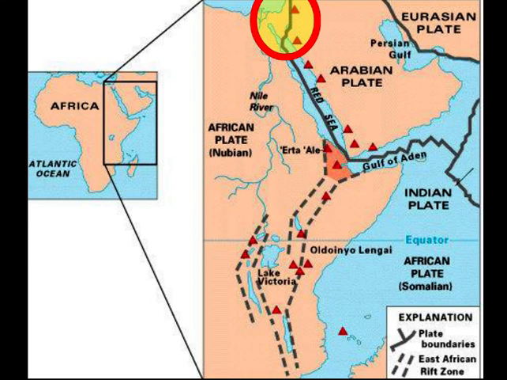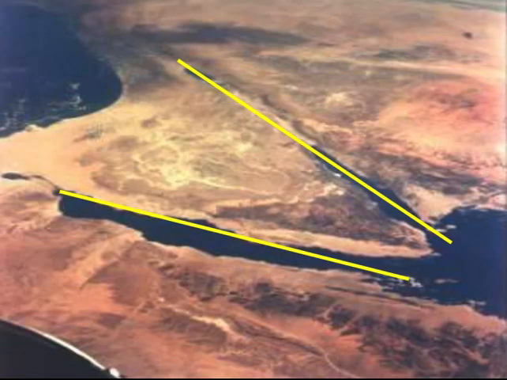Now, up in the Middle East, of course, we've got separations. We've got Jews on one side, Muslims on the other, Christians on the other, but we also have plate separation occurring as well. This aerial photograph illustrates the separation here in the Middle East. It's occurring along two different divergent plate boundaries, both highlighted in the yellow lines. So along those yellow lines we have divergent plates. So essentially these water bodies that are found corresponding to these yellow lines are going to over time get wider and wider and separate further and further, with or without our